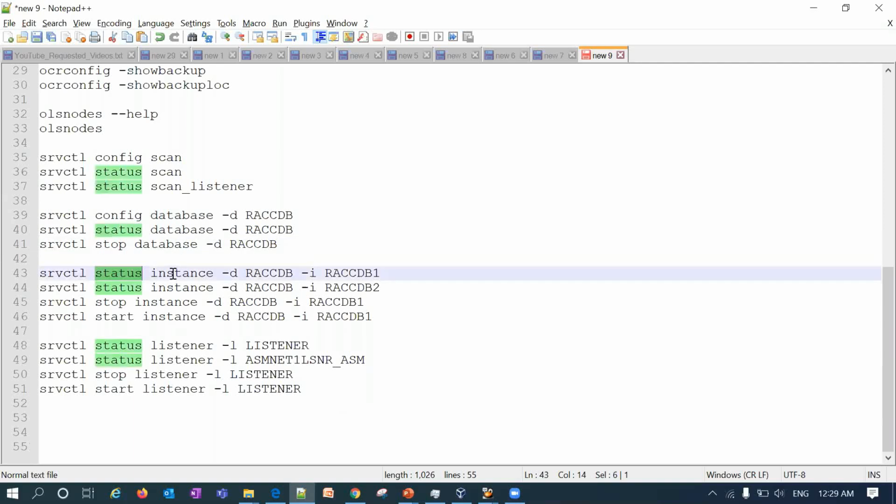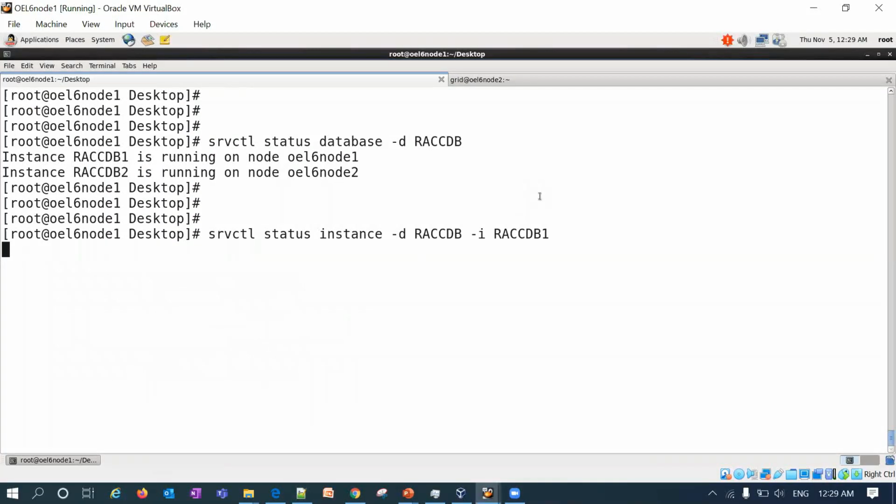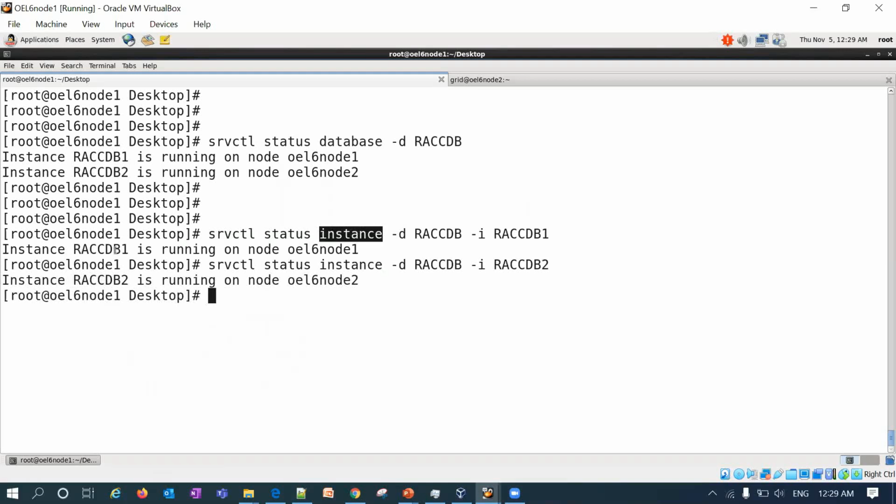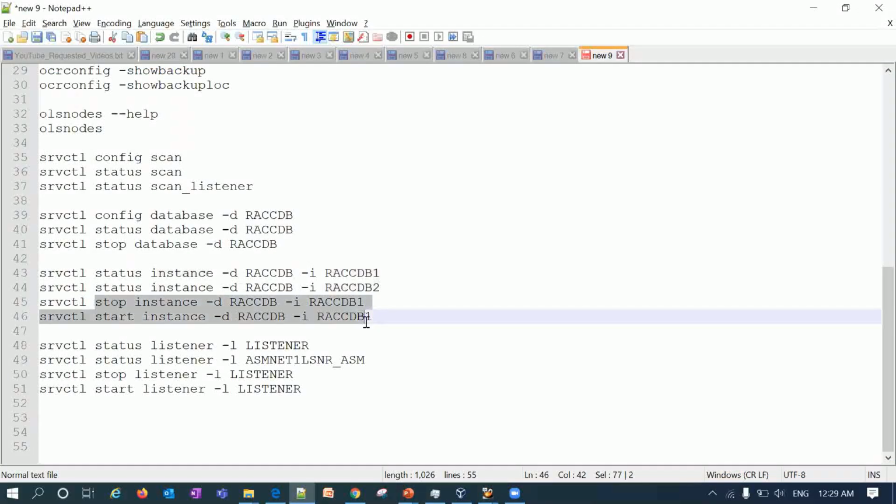And if I do status instance, SRVCTL status instance hyphen D database name hyphen I instance name, it is like managing your instances individually. SRVCTL status database is database-wise, and SRVCTL status instance is instance-wise. You can see racdb1 running on node 1, racdb2 running on node 2. If you want to stop, you can stop instance-wise also, and you can start instance-wise also.